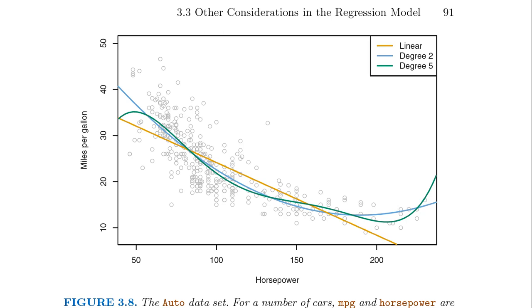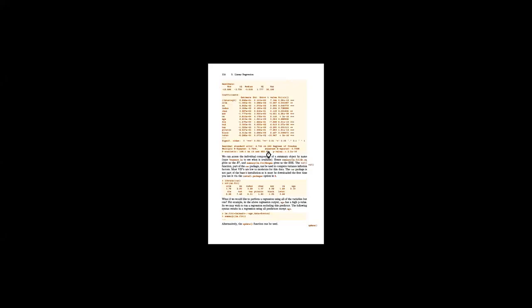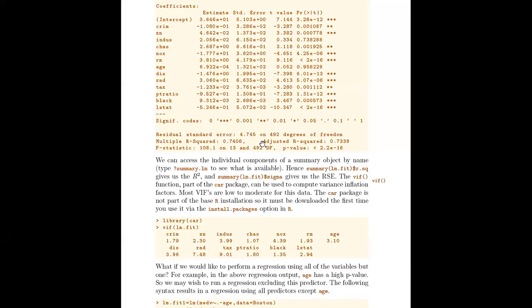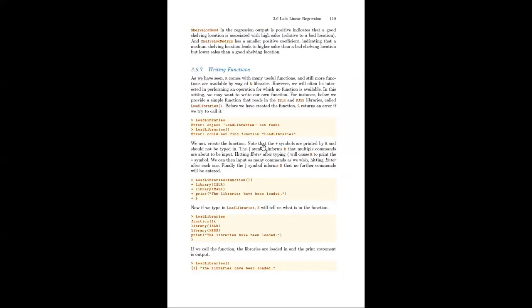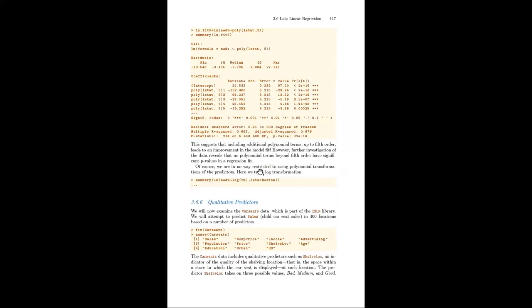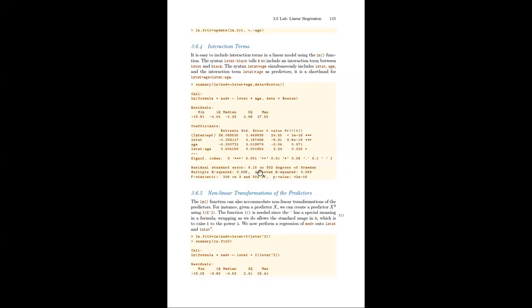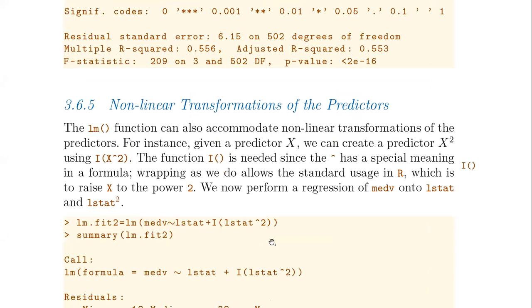So we might decide it's a good idea. I'm kind of using a pincer movement on this chapter where we did the first few sections, but now we're working a bit in the backwards direction. So the lm function, so the linear model function, can also accommodate nonlinear transformations of the